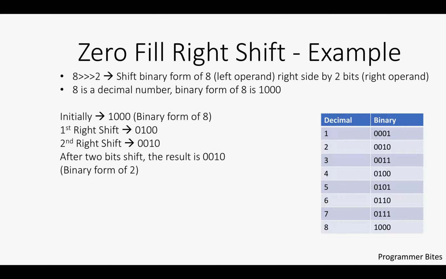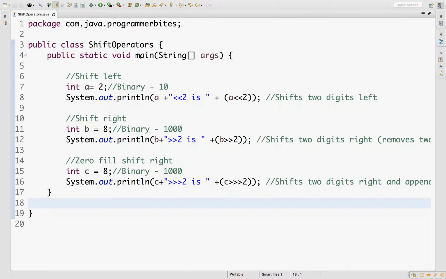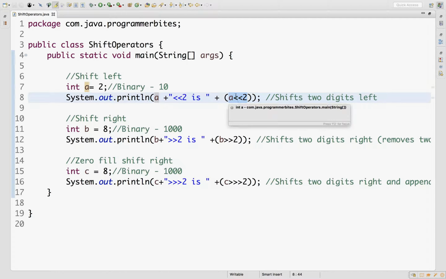Let's see the example program. Here we have assigned value 2 to variable a and are going to perform the 2 left shift 2 operation.